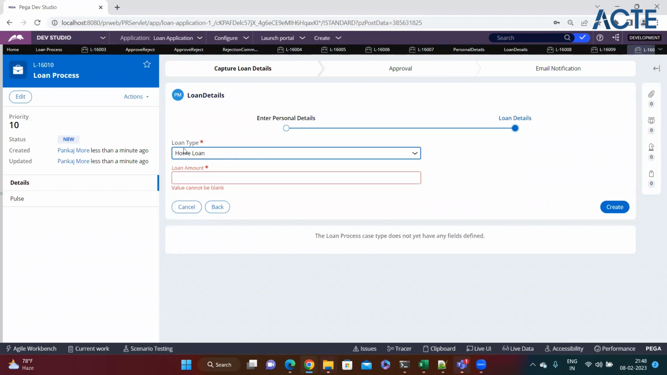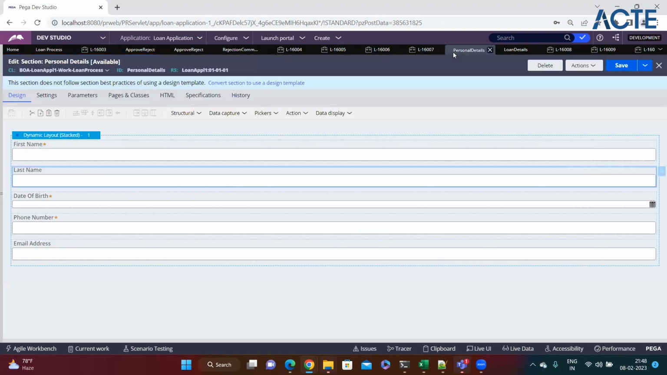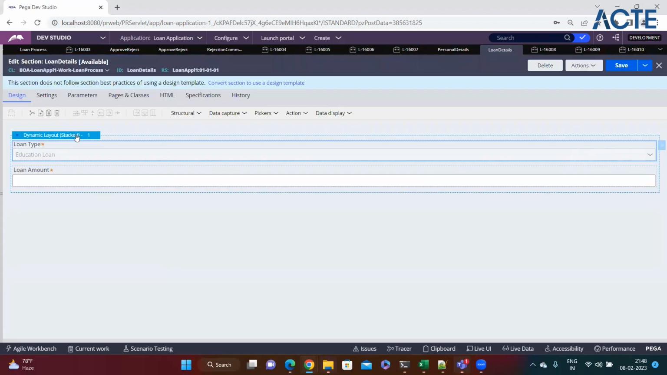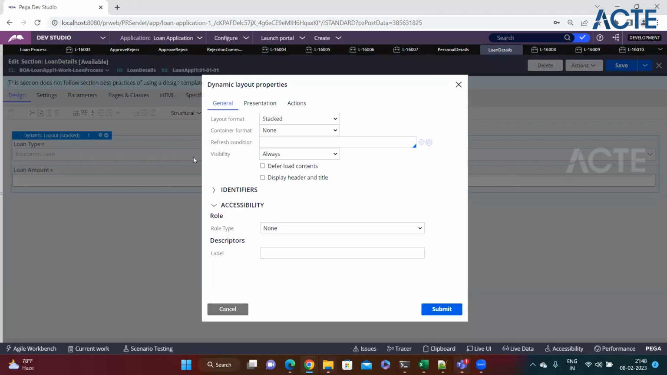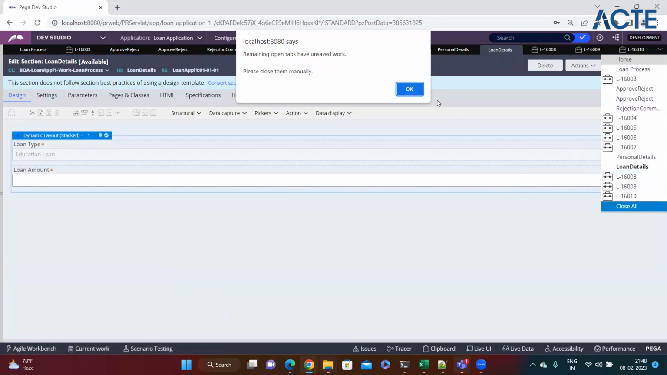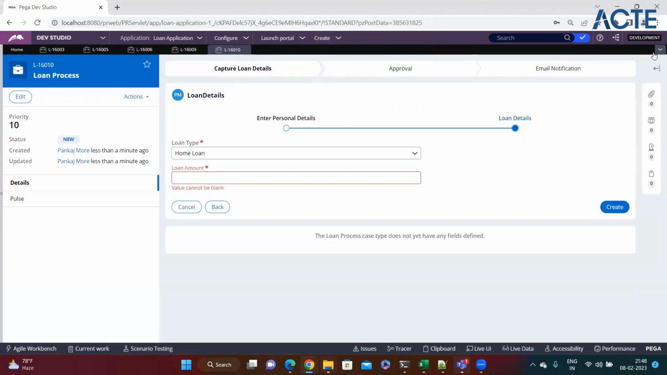And let's say we have to display these two fields in the same row. All you need to do is, in this section, change the layout type to inline grid, double, triple, or similar, depending on the requirement. So that is it. So today we